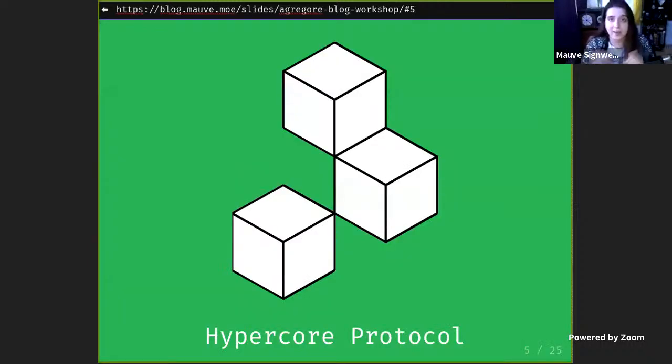Another protocol that Agregore supports is called Hypercore protocol. Unlike IPFS, it's not immutable or content addressable, and instead uses public-private key pairs to identify groups of files. So it's good for data that changes pretty often or is private by default. However, it's not really good for deduplicating content. And the ecosystem is not as far advanced as